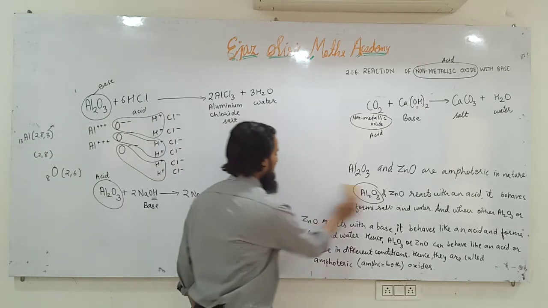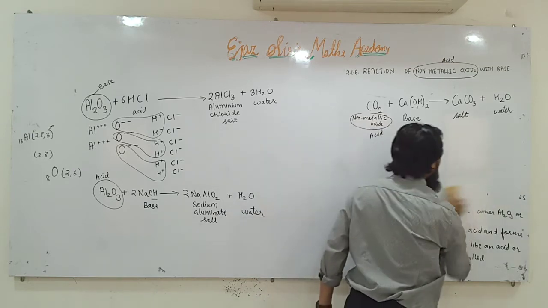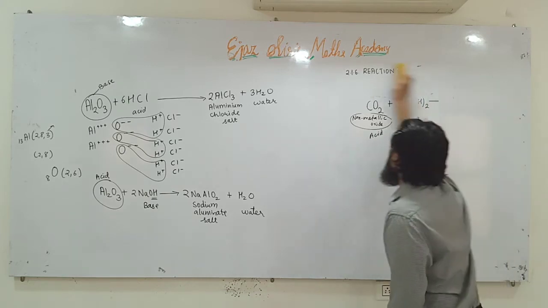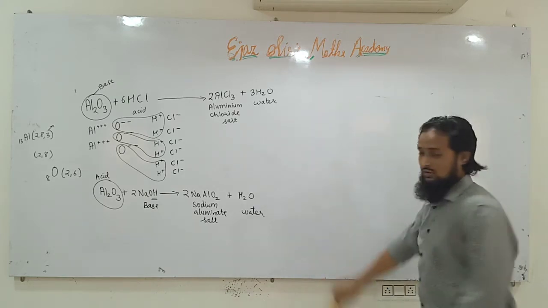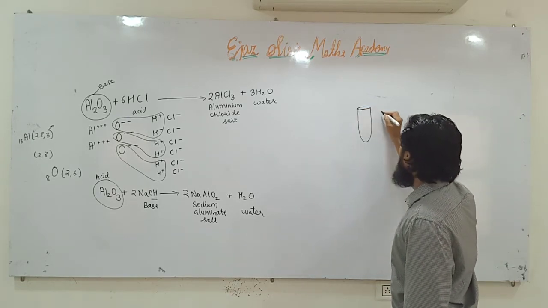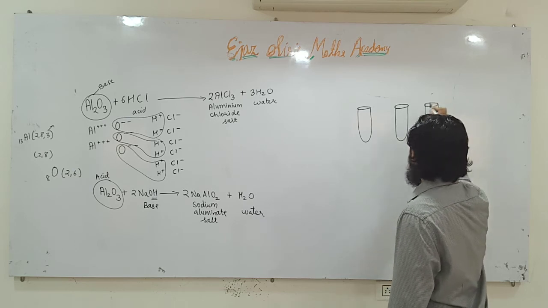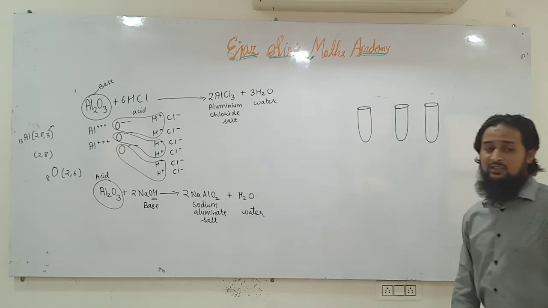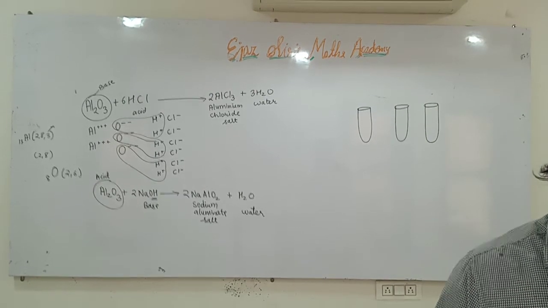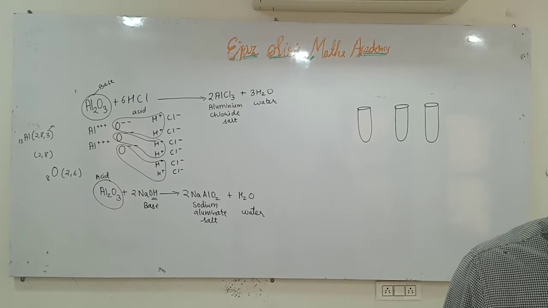So I am erasing it from here. We were about to discuss a question in the very first class, but I forgot. We will discuss that. Suppose you are given 3 test tubes. So one contains water. The question is given in our textbook on page number 18. You have been provided with 3 test tubes.